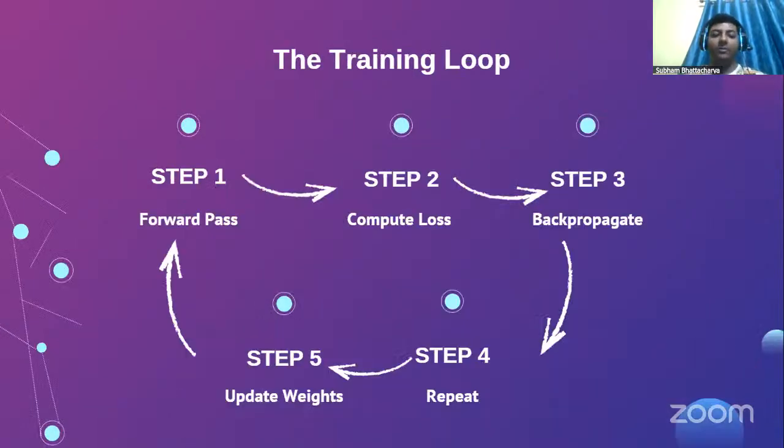There is a training loop. What happens? We give the forward pass, as we have said. It computes the loss, that is the preserver, and the back propagation, that is the destroyer. It destroys the previous work. And what happens? It goes continuously. It repeats that. It updates the weights, and it again goes to the forward pass. So this training continuously goes on